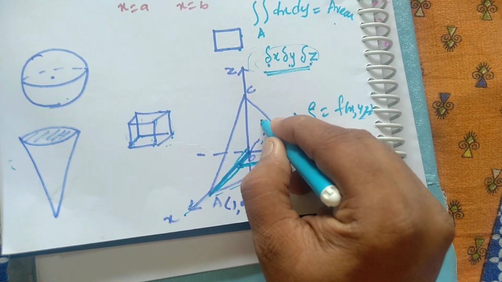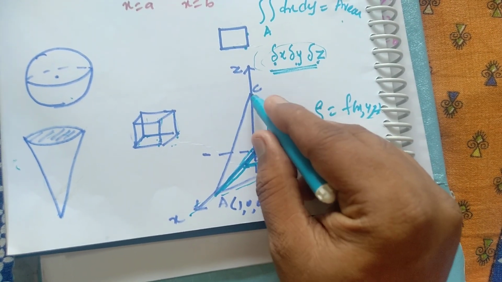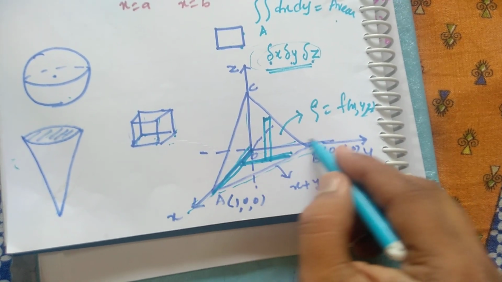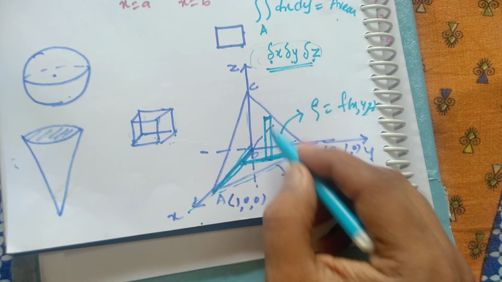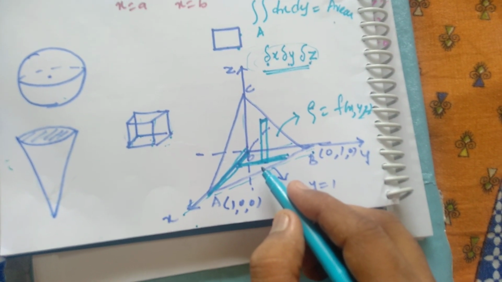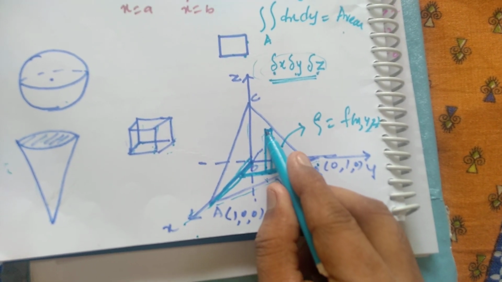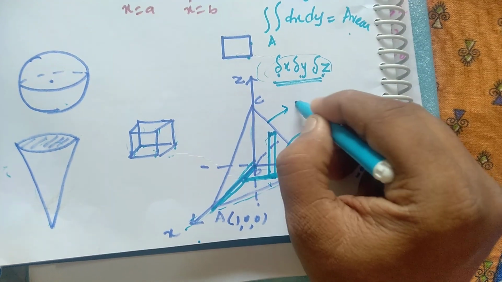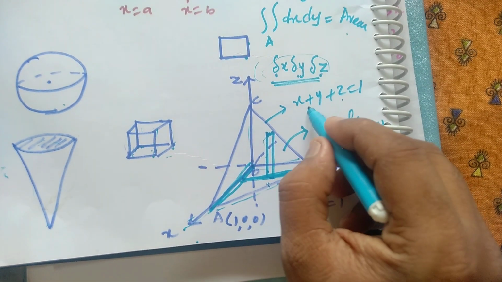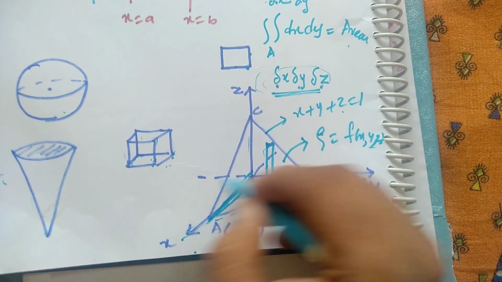Now if you draw one vertical strip here, a 3-dimensional strip we can say, it is parallel to the z-axis, which at the lower end touches the xy plane, and at the upper end touches this plane ABC. So your z varies from the xy plane, whose equation is z equal to 0, to this plane. Suppose the equation of this plane is x plus y plus z equal to 1. Then what is the value of z? It is 1 minus x minus y. Correct? So this will give you the variation of x, y, z.